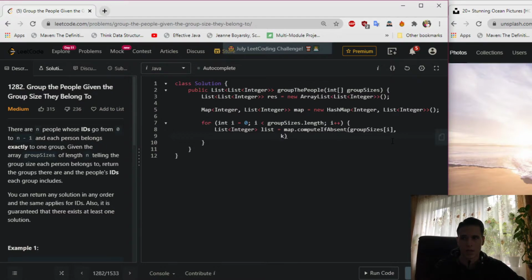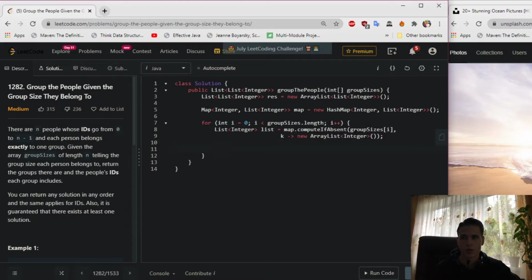We say k, new ArrayList, the type integer. And what does it mean? That means that